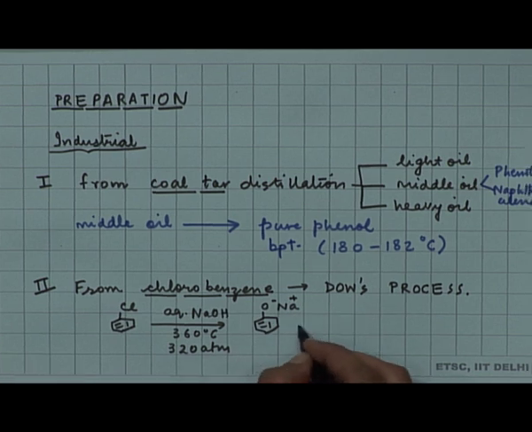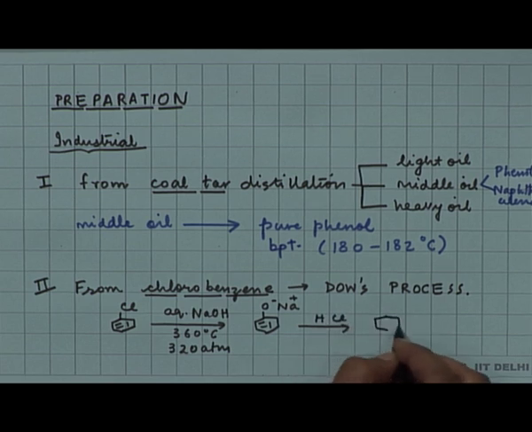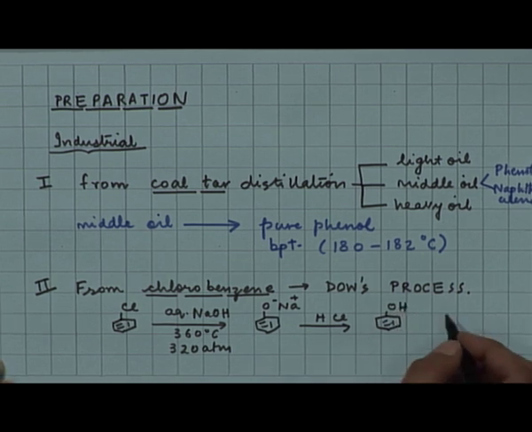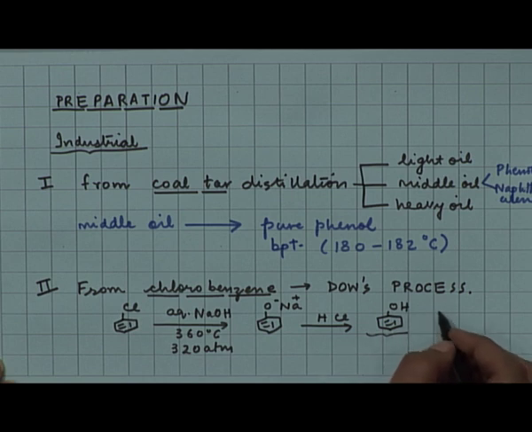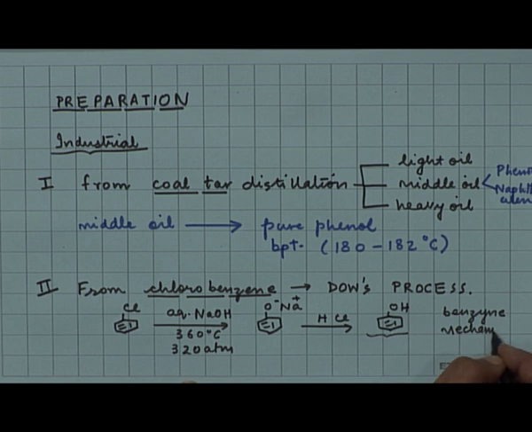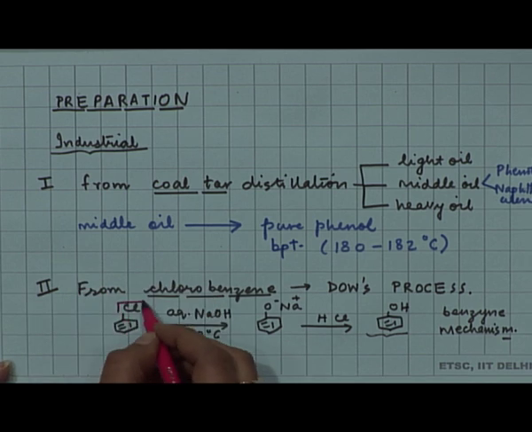Under these conditions it results in the formation of sodium phenoxide, which on acidic workup gives us the corresponding phenol. So, this is called the Dow's process, and in this the formation of the phenol is believed to occur via a benzyne mechanism. I am sure you must have studied the benzyne mechanism, the elimination addition pathway. That is the intermediate involved in the substitution of the chloro group by the hydroxy group, because it is